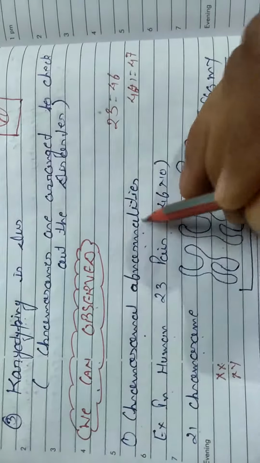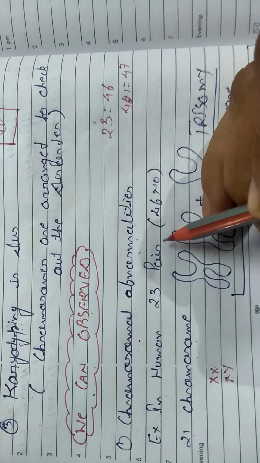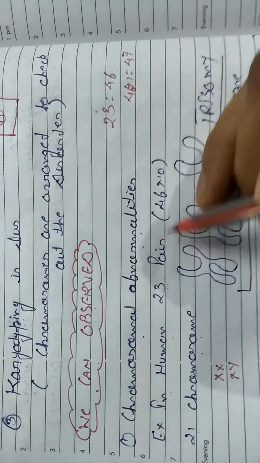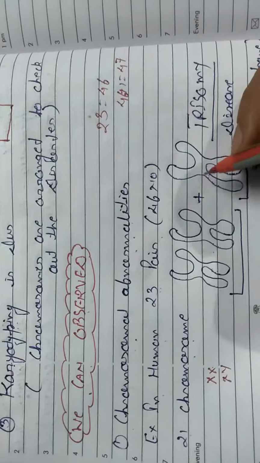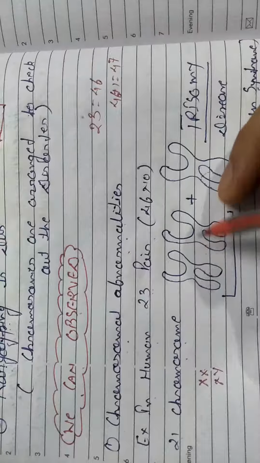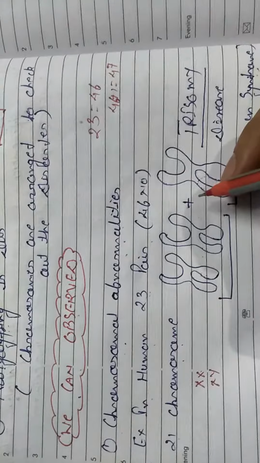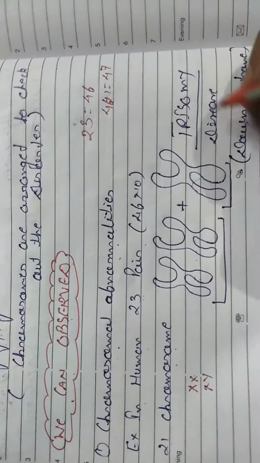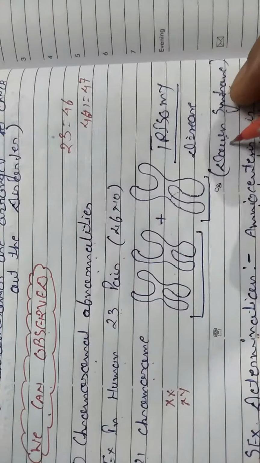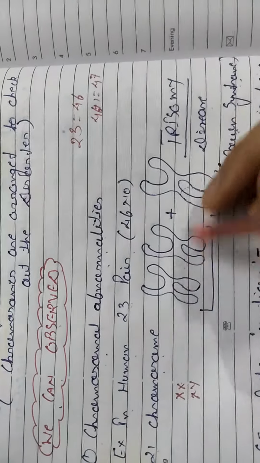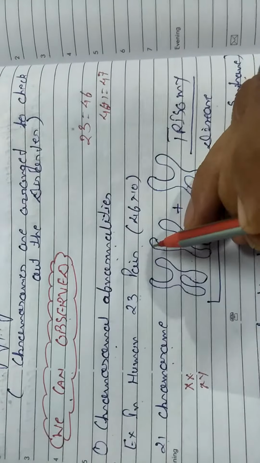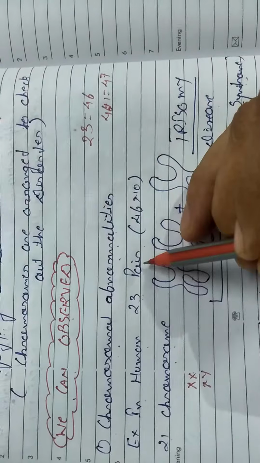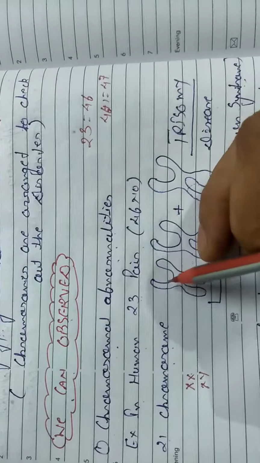In this process, we observe different things. First is chromosomal abnormalities. We know that human beings have 23 pairs of chromosomes, or 46 in number. If an additional copy is present in chromosome 21, then the 21 chromosomes become 22 chromosomes. This is known as a trisomy, and this trisomy is a disease known as Down syndrome. This is a type of chromosomal abnormality. So in this way, with the help of the amniocentesis process, we can easily detect chromosomal disorders.